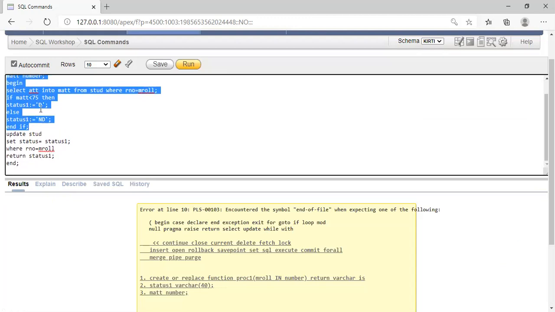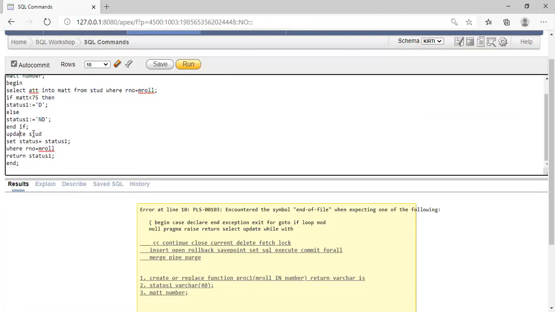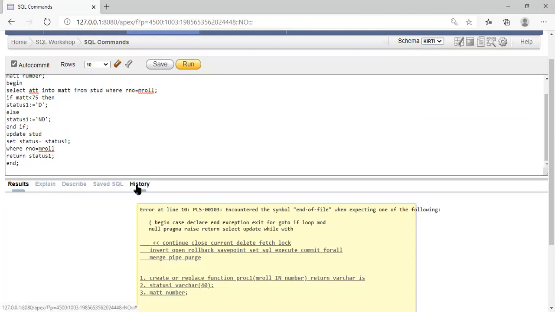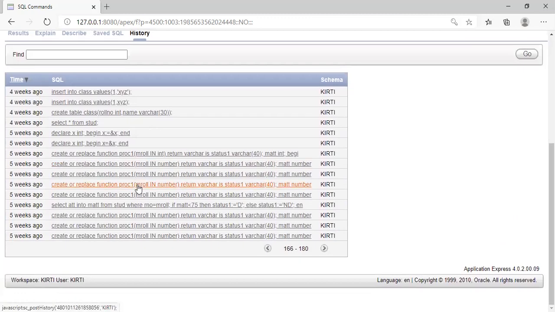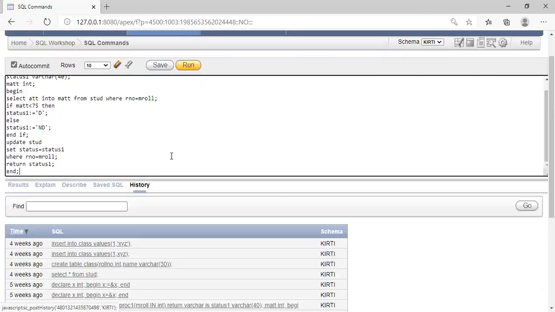After checking the condition, what we are doing is updating the student table: set status equal to status 1 where roll number equals M roll number, and return status 1, end. Okay, so I am keeping track of that particular procedure also. I will show you. Wait a minute.